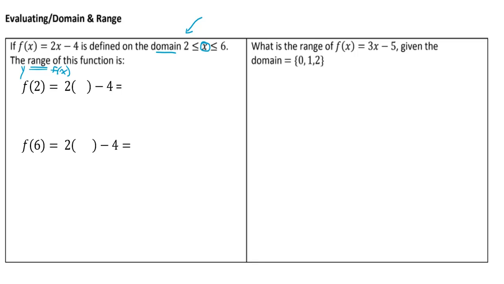And so in the function, I'm going to evaluate it where the value of x is 2. So 2 times 2 minus 4, I'm going to get 0. How about that? And then the second one, I'm going to do the same thing and repeat it, except I'm going to use 6. 2 times 6 minus 4. So that's 12. Take away 4 would make 8. So my range